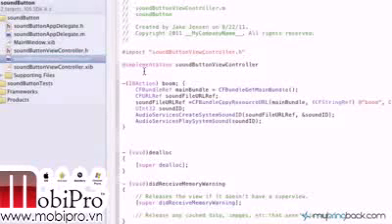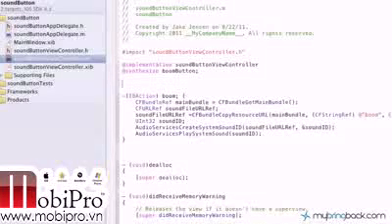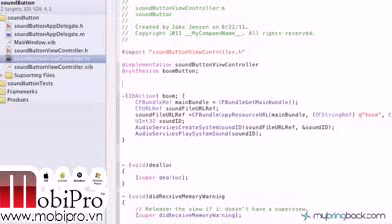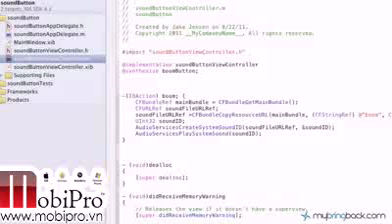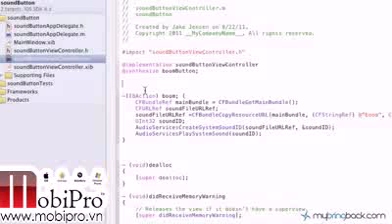So the first thing that we have to do, since we've added the property to the outlet, is synthesize that property. So synthesize boomButton, and there we go. The next thing that we have to do is put in a method. Basically, if it's in the portrait view, the button's going to be here. If it isn't in the portrait view, in other words, else, it's going to be positioned and resized here. So we're going to simply put in void,